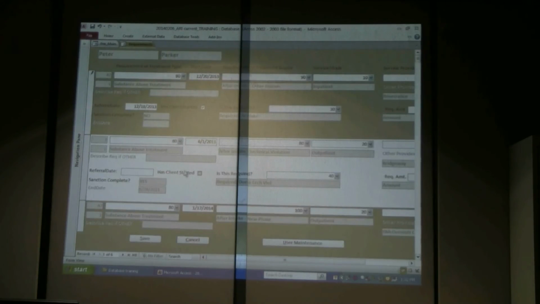And then one of the features that we recently added to this is just a quick status. So you'll see down here, is the sanction complete? This is just a quick way to see, okay, yes, this has been completed, and here was the date that it was completed. If it says no, that means the program thinks it's still active because there's not been a completion date for this specific thing quite yet. And then I'll show you in a minute how we can monitor the statuses of these different requirements. So in summary, this acts as kind of a